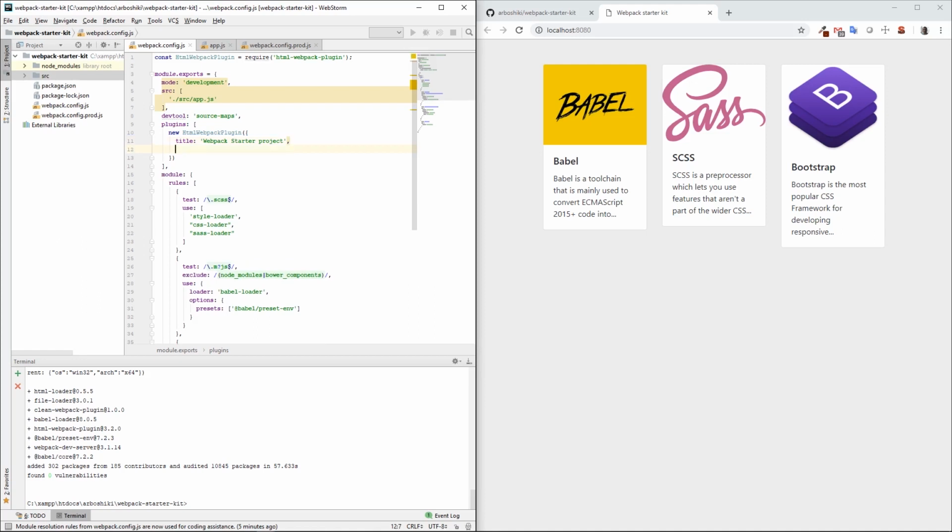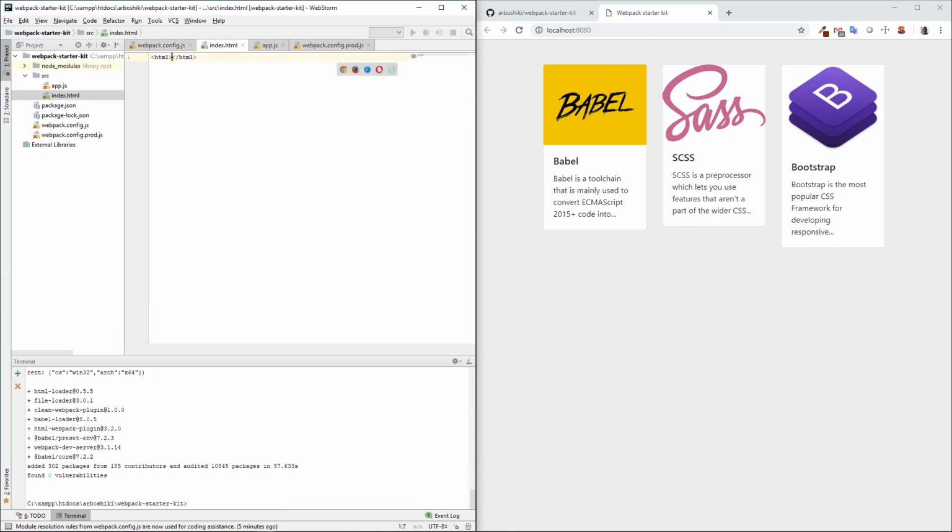Additionally, it's optional, we can specify the template here also. The template should be an HTML file, which will be used to generate the final HTML file. So if we skip the template, it will generate just a simple HTML file with the specified title and some default meta attributes. But let's create our index HTML file here,